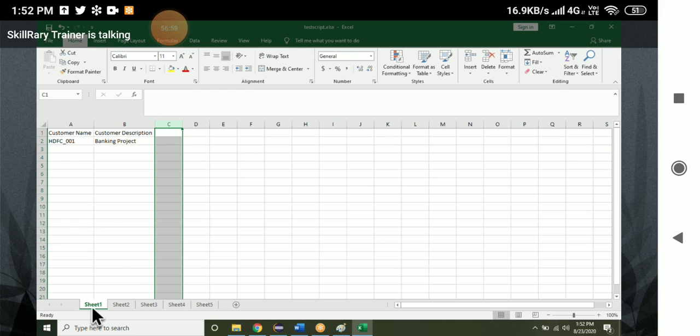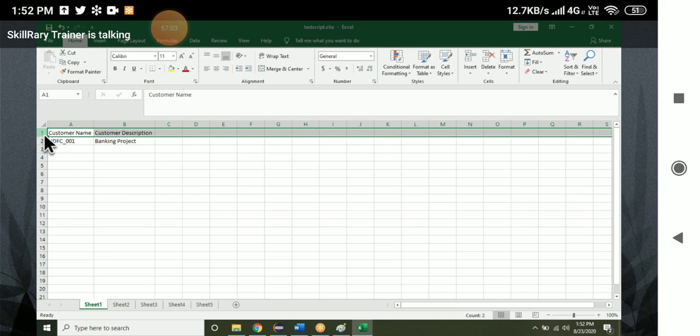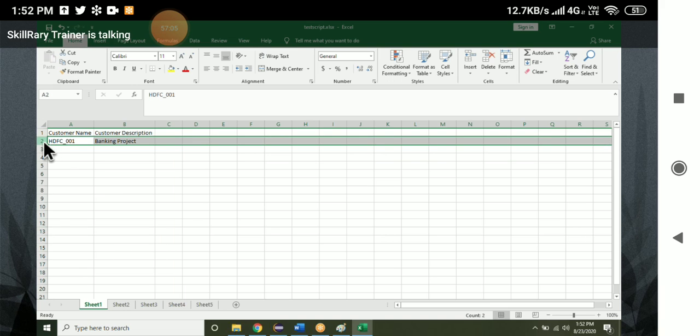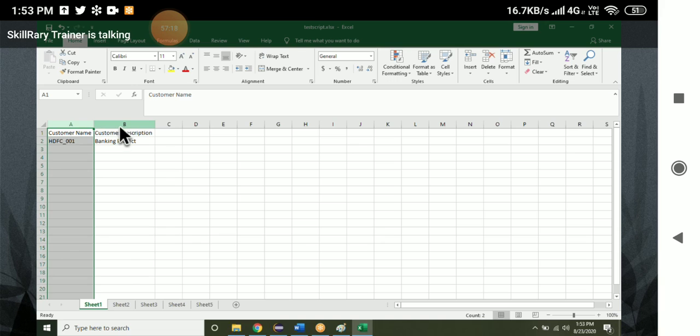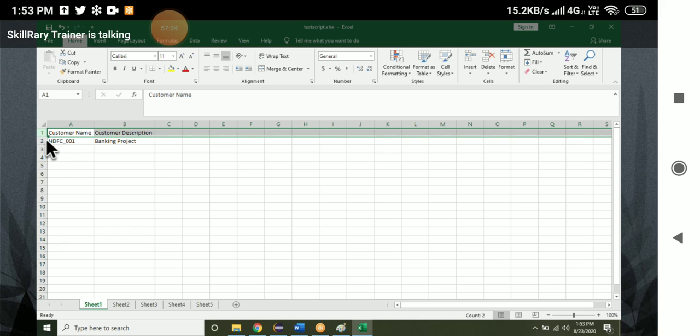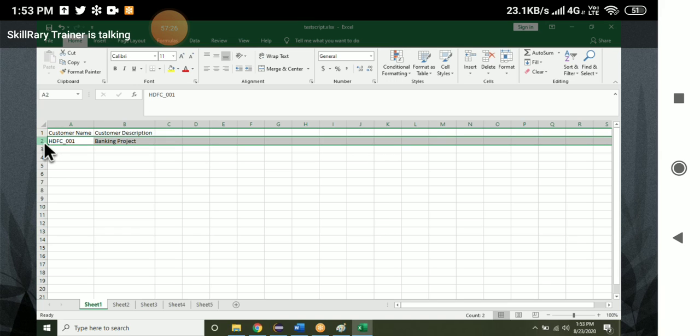First, you have to go inside the file, then the sheet, then you have to go inside the row. There can be n number of rows. You should know the row count, the row number. Then after going inside the row, in which cell you want to read the data, you need the cell or column number. This is 0, this is 1. What is the row number of HDFC? This is 0, this is 1. So the row number is 1.